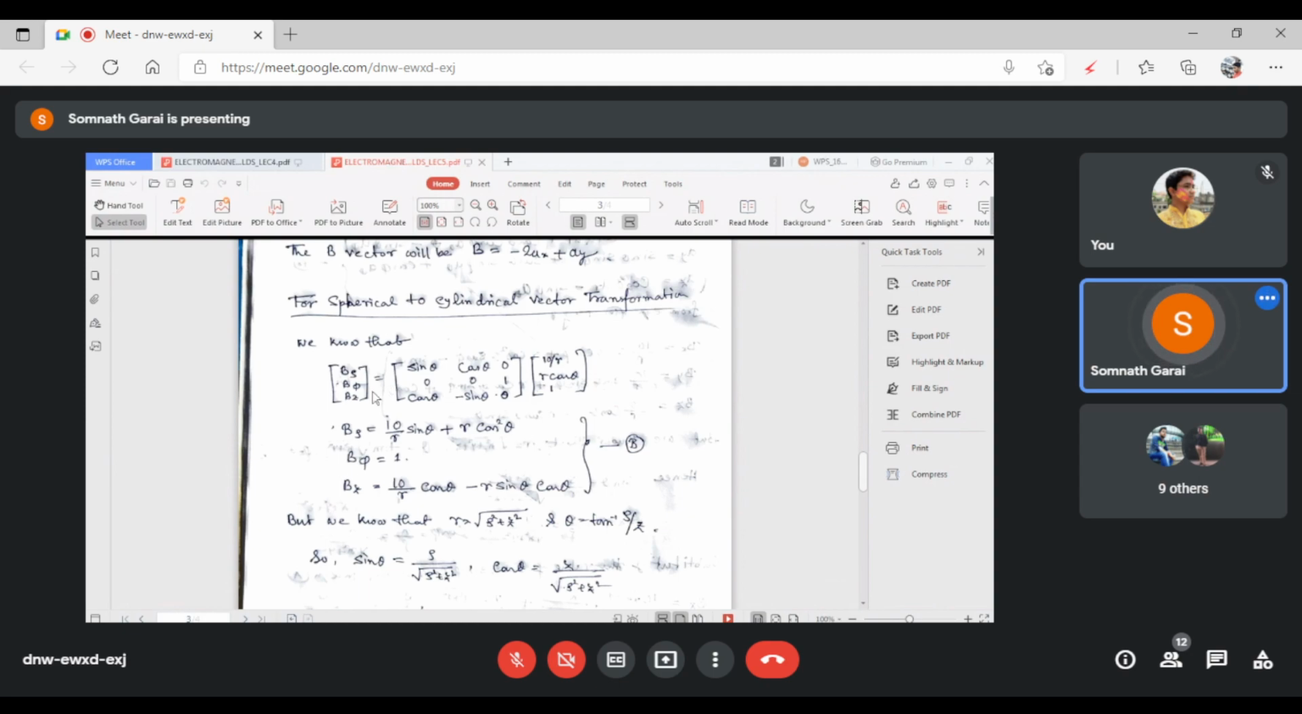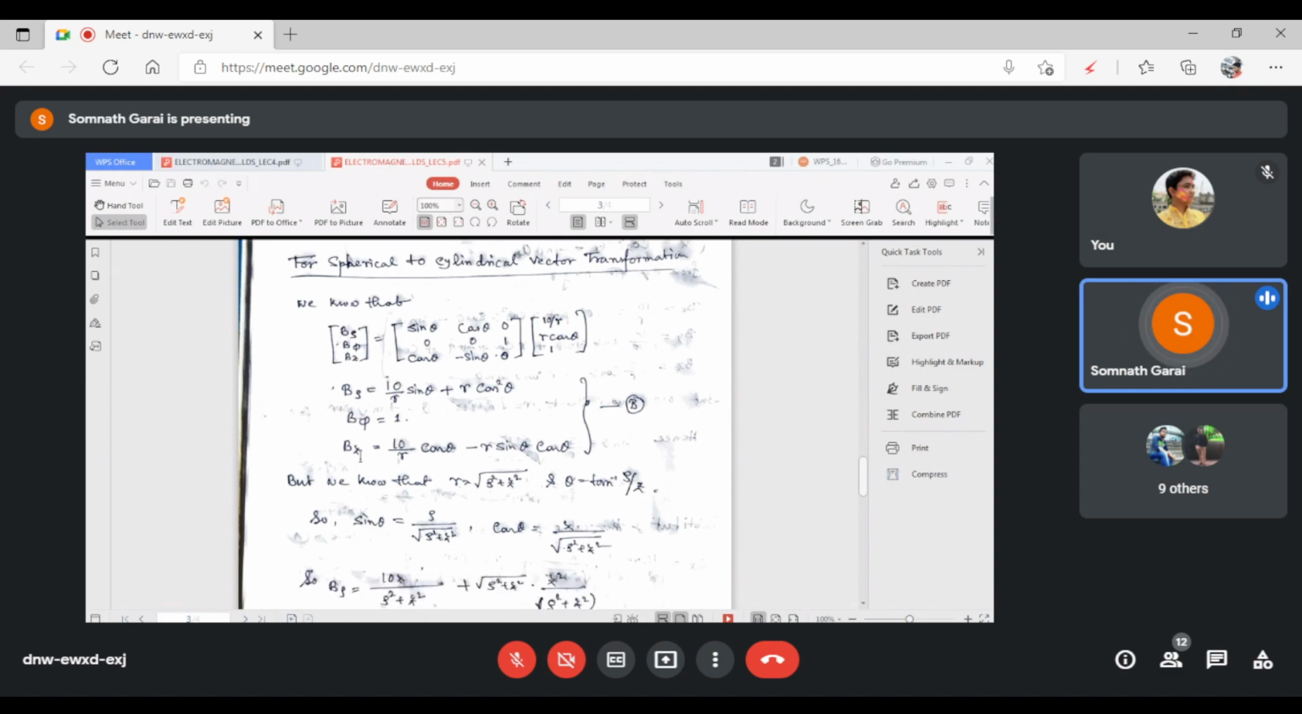B phi will be 1, 0 into 10 by r plus 0 into minus r cos theta and 1 into 1. So B phi will be 1, and Bz is equal to 10 by r cos theta minus r sine theta cos theta, by matrix multiplication. So these three equations are the magnitude components of the cylindrical coordinate system,